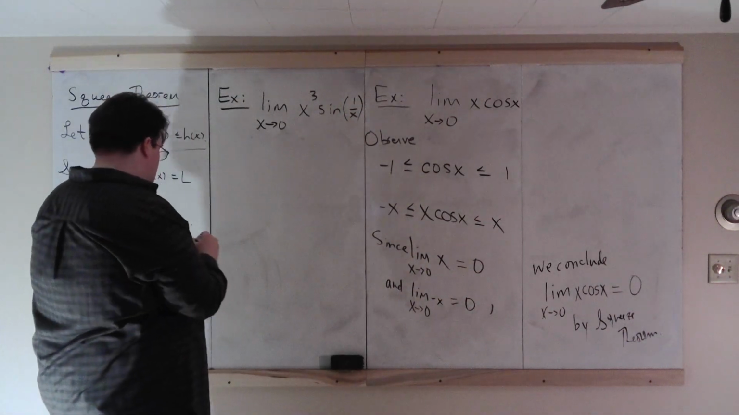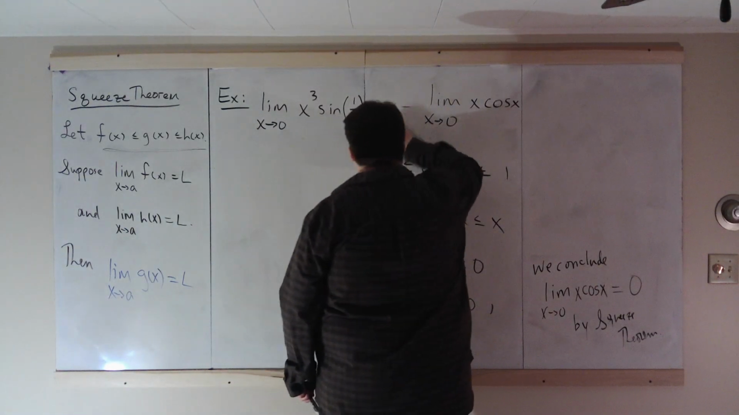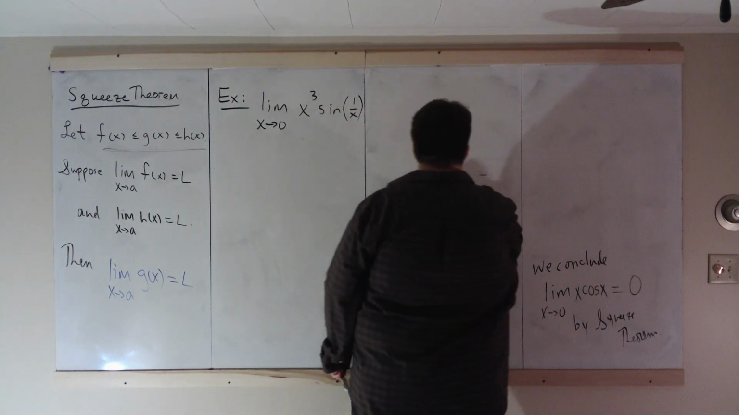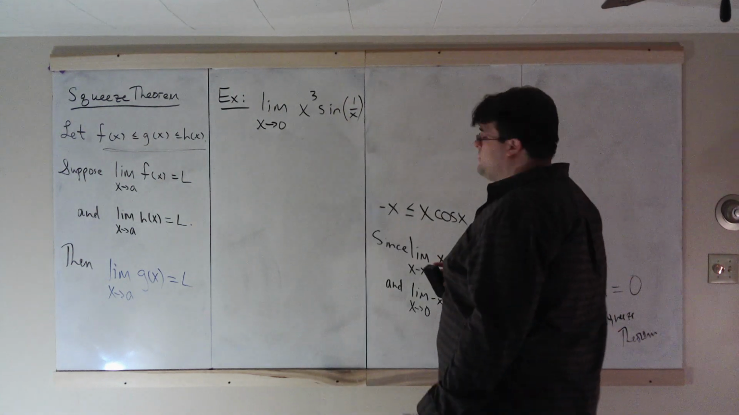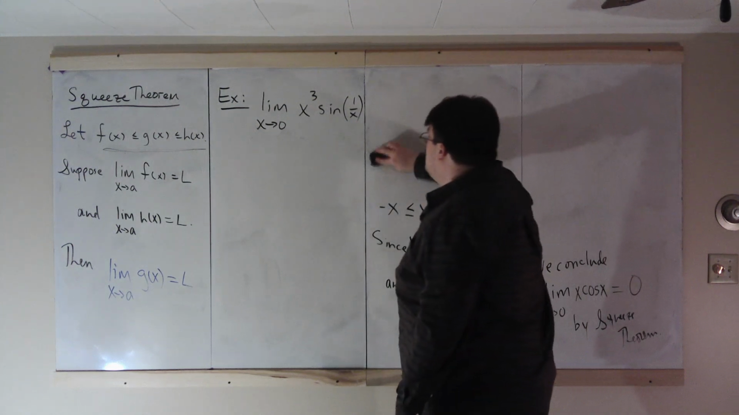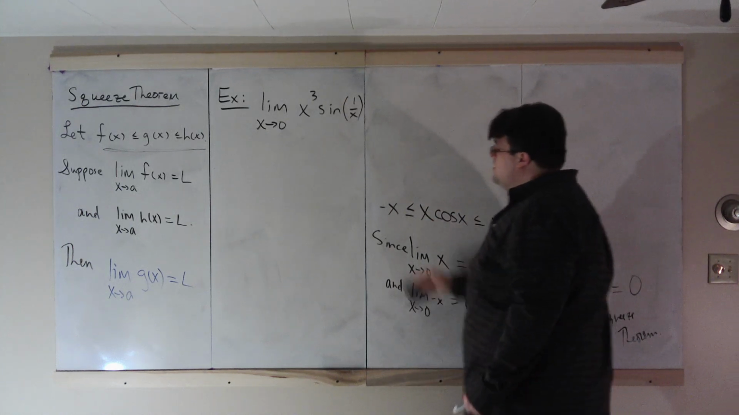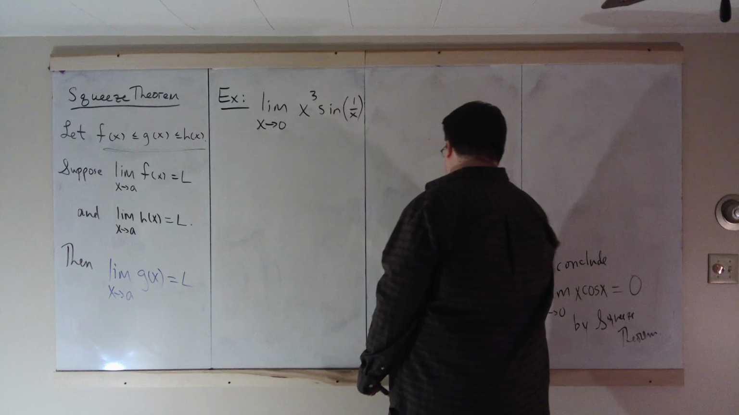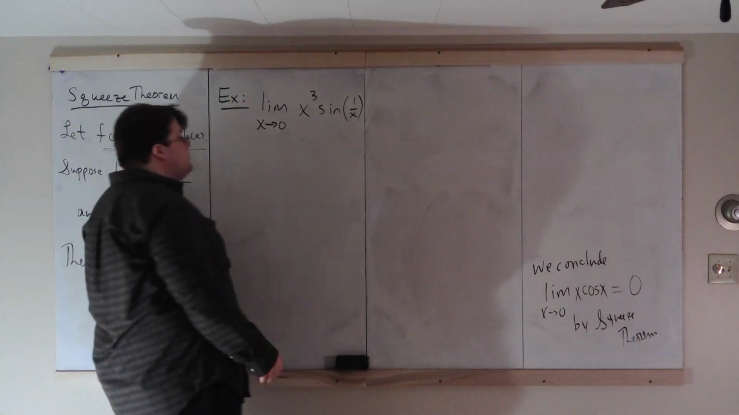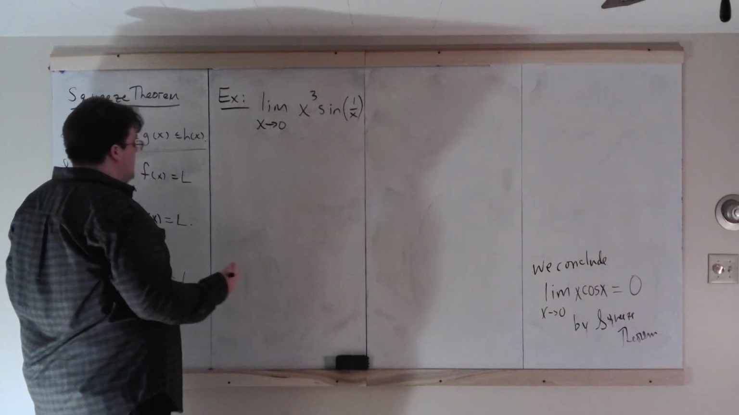So, the limit as x approaches 0 of x cubed sine of 1 over x. Now, in this one, even at the end of week 3, when we have a substitution rule for trig functions, you can't do a substitution because you'd get 0 times sine of 1 over 0. Sine of 1 over 0 is undefined. So you won't be able to do a substitution here, but we can again set up a squeeze theorem argument